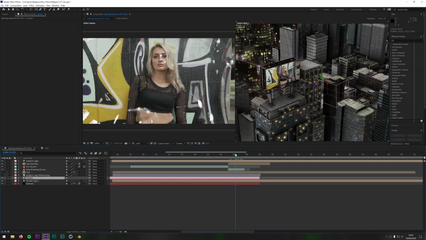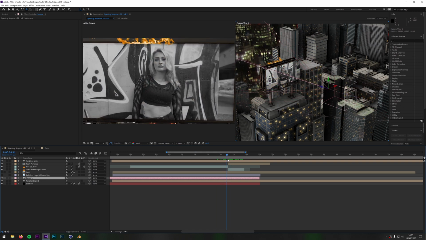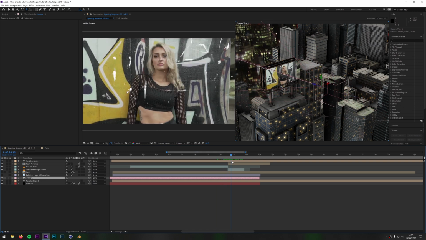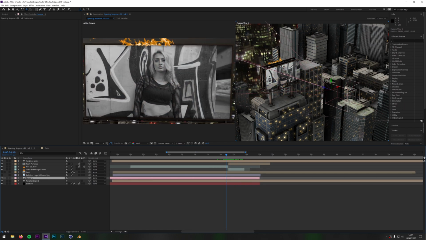But from this perspective, it looks as though it's gone through or into the billboard, but it hasn't. All it's done really is it's just stopped there. And now it's like looking at a TV screen. So, yeah, if you know how to use Element 3D, this is probably all you need to know. But I'm going to break it down for you anyway, as what each layer does.